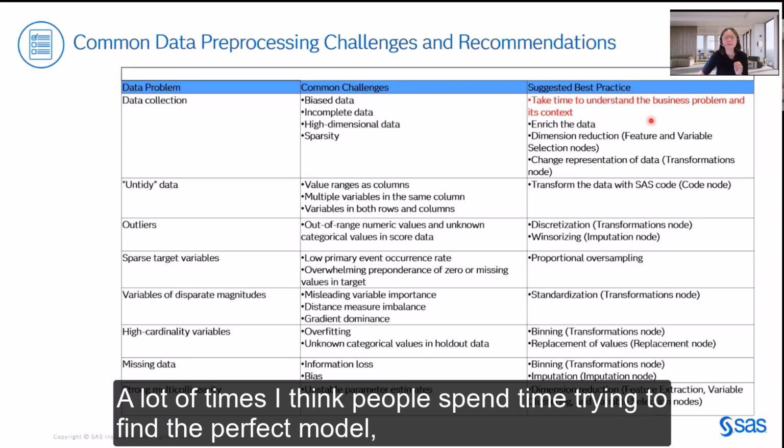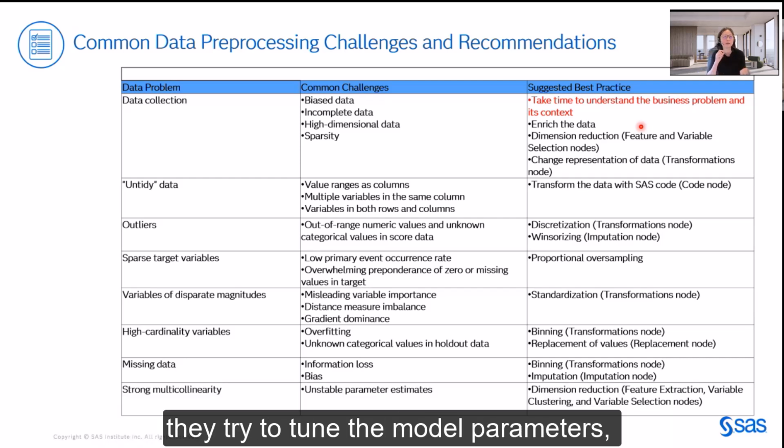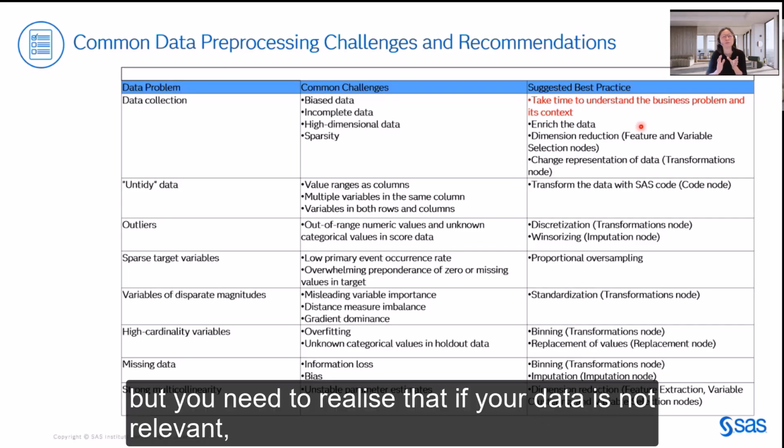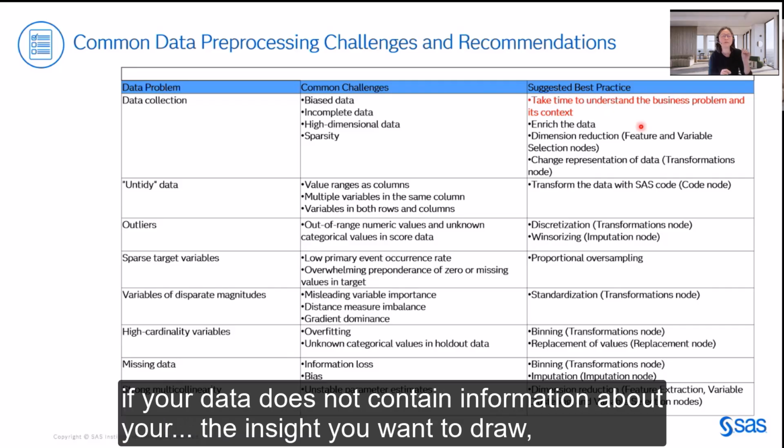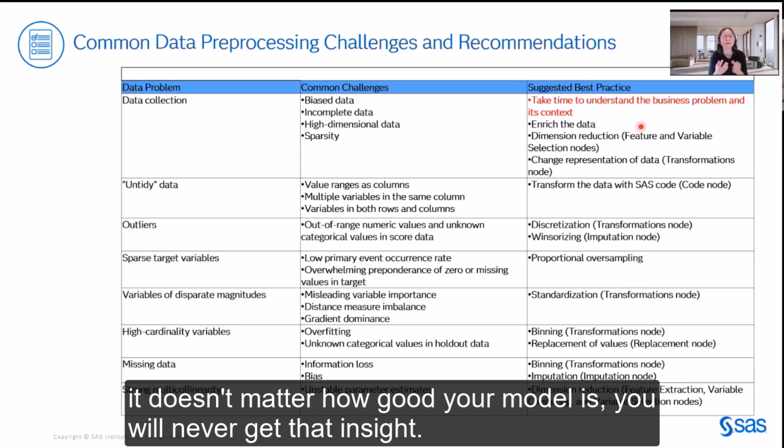A lot of times I think people spend time trying to find the perfect model. They're trying to tune the model parameters, but you need to realize that if your data is not relevant, if your data does not contain information about the insight that you want to draw, no matter how good your model is, you will never get that insight.